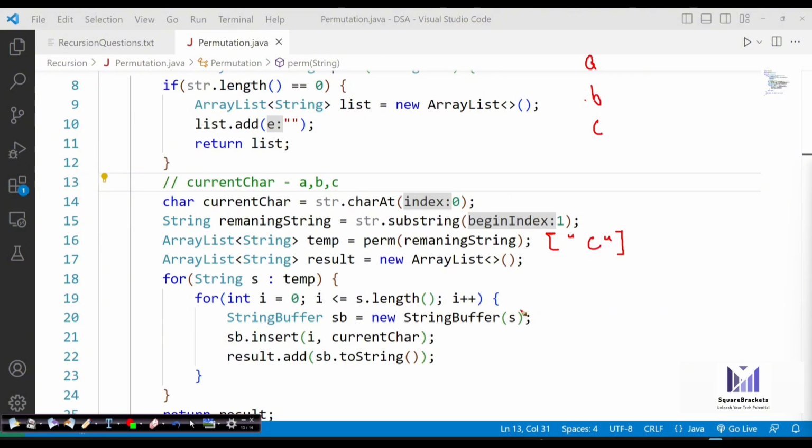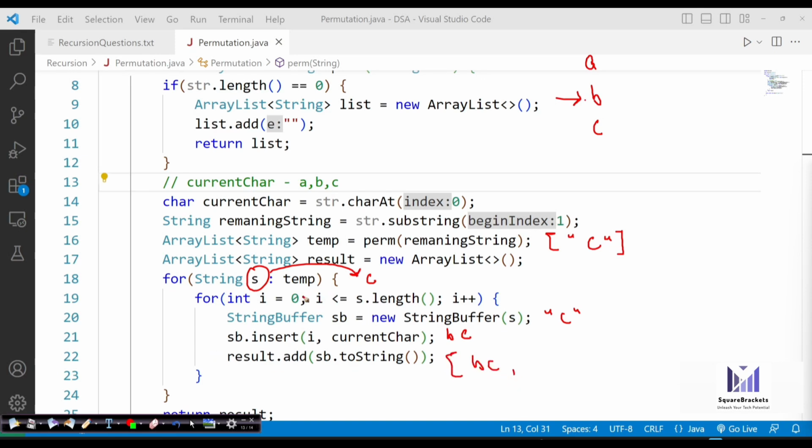I just forgot to execute this loop for the first index. So the S variable stores C, and the string buffer is C. On the ith index, put the current char. Let's say the current char is B. So it becomes BC, and inside the result, BC is stored.